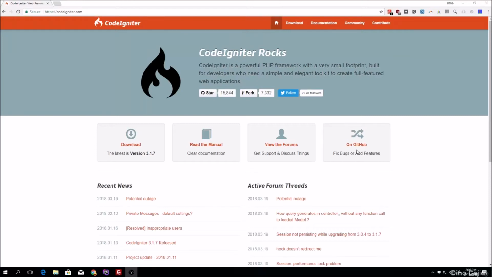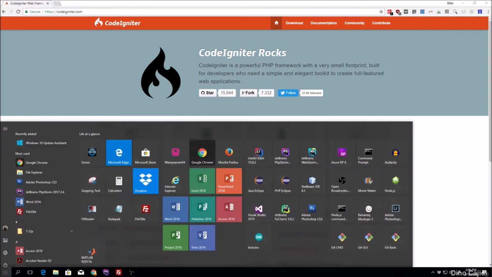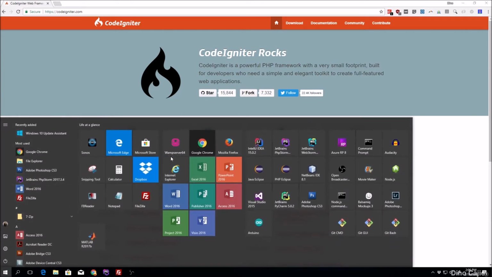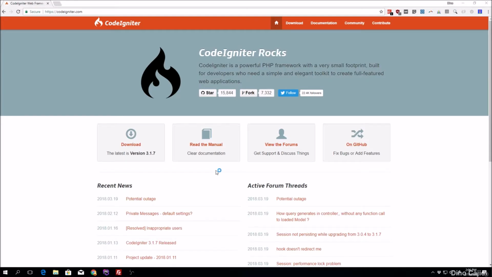Hey guys, today I thought I'd do a quick tutorial on how to get Codeigniter installed on your system and up and running. First thing you're going to want to do is, if you're using a Windows operating system, make sure that you have a WAMP server installed, and just go ahead and run that, because you won't be able to see any kind of PHP code unless you're using a local server